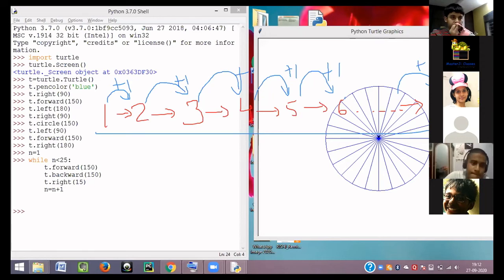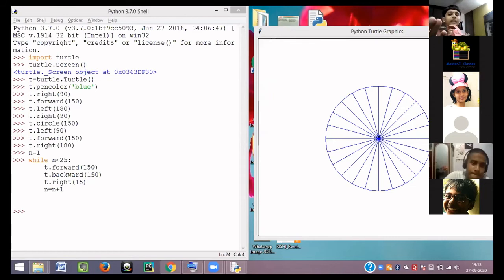Because n is supposed to run how many times? Only 24 times. Sir, you wrote n is less than 25. Less than. It can even be 20 times. No, it cannot be 20 times. See, where is it written that it has to be 24 times? Okay, just read, while n is less than 25.